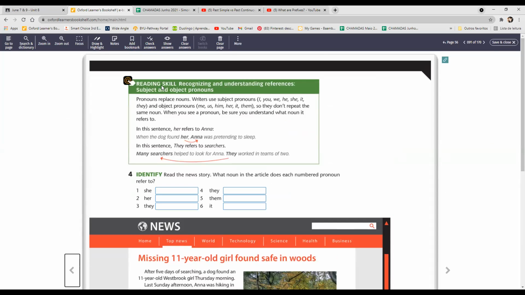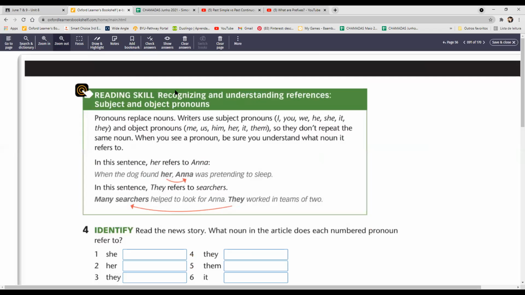So here we have a small tip on understanding better what we are reading. Here we have recognizing and understanding references, subject and object pronouns. This is a very useful tip because when we know how to use the pronouns, we avoid repetition. Okay? So look,